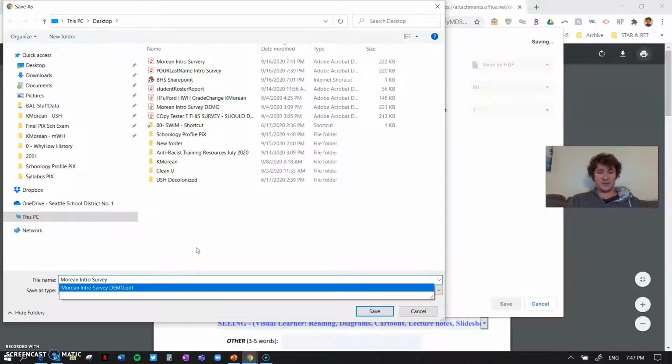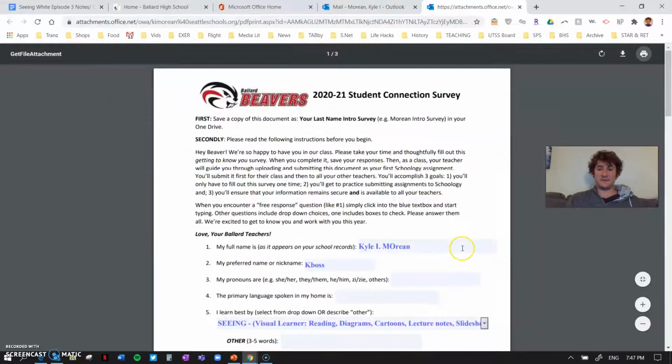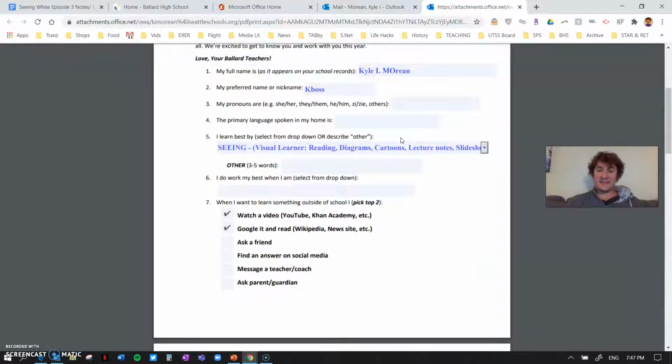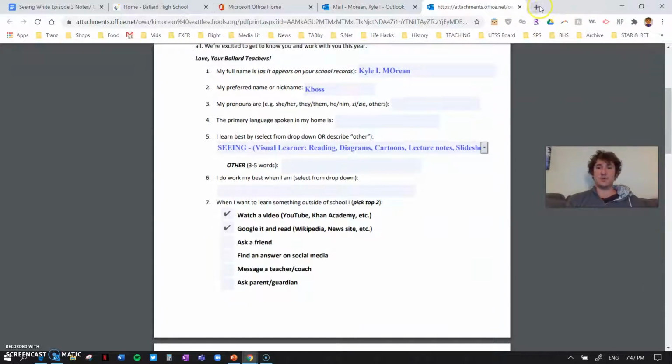I'm going to just put a number on here because I've done this so many times. I've got a lot of them saved on my desktop. You don't need a number. I hit save. That saves my changes and freezes that document as a PDF so it can no longer be changed. I'm now going to go back to